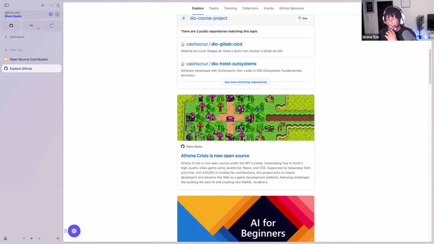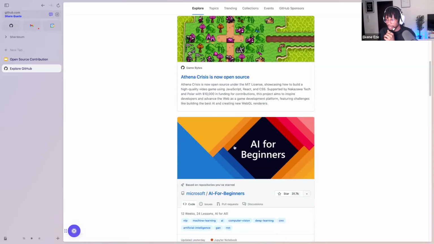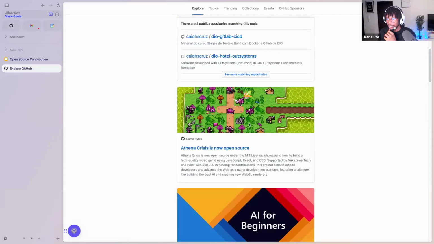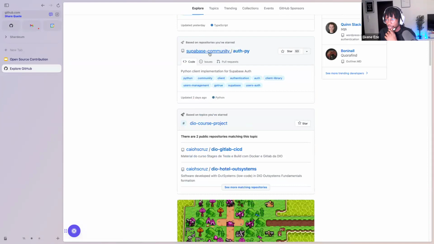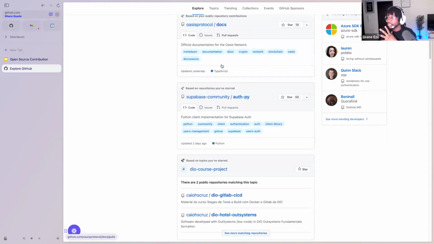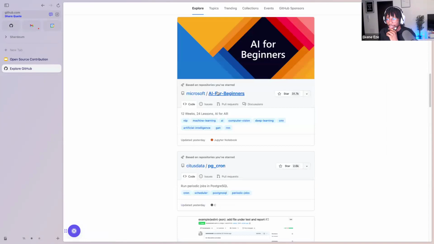So for me, if today, Saturday, is the day that I wanted to say, okay, let me look for an open source project I can contribute to, and I come to Explore, I can see that there's AI for Beginners by Microsoft. I can see that there's the Python one for Supabase Community. There's a TypeScript project, OSS protocol documentation. So I can start to dig into one of these and try to see what it's all about and see how I can